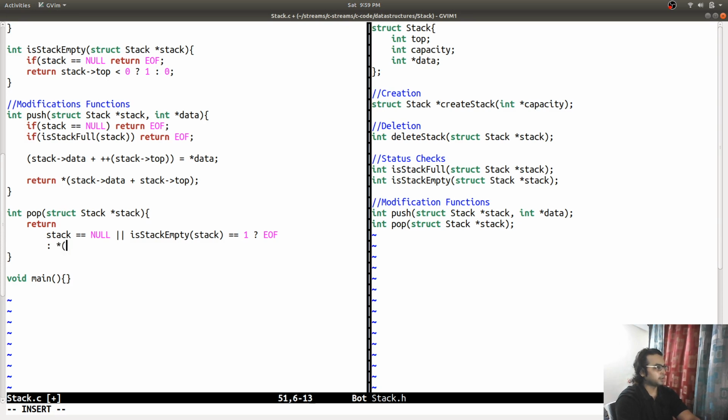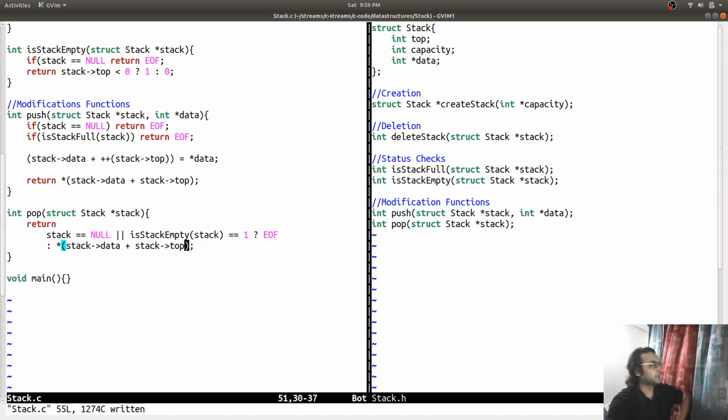Otherwise dereference the stack data plus stack top. From this point we are saying go to the first index of that array, the 0th integer block of that array, then move right this many times, the number of top, and get the value from that memory address.